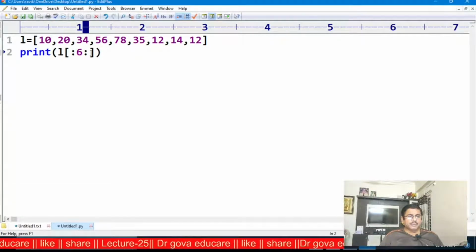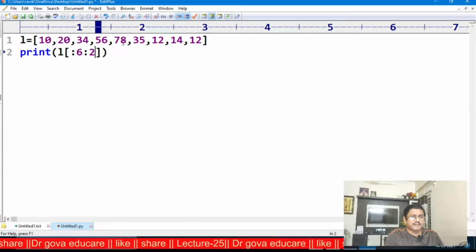Next, suppose I am giving step size 2. By default the start is 0, the end is 6, and the step size is 2. That is 0, 2, 4, up to only 4, since the maximum is 5. 10 will be displayed, 34 will be displayed, 78 will be displayed.